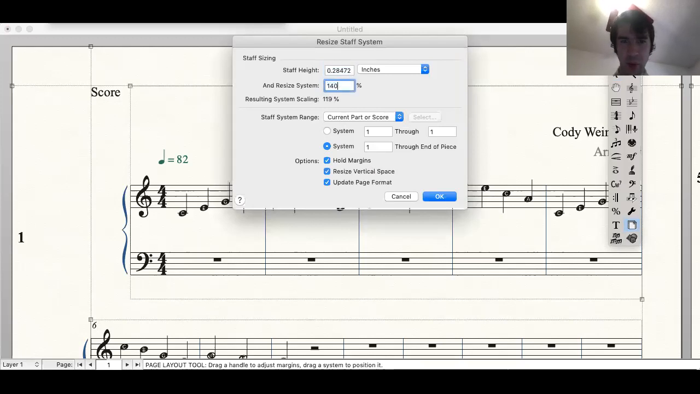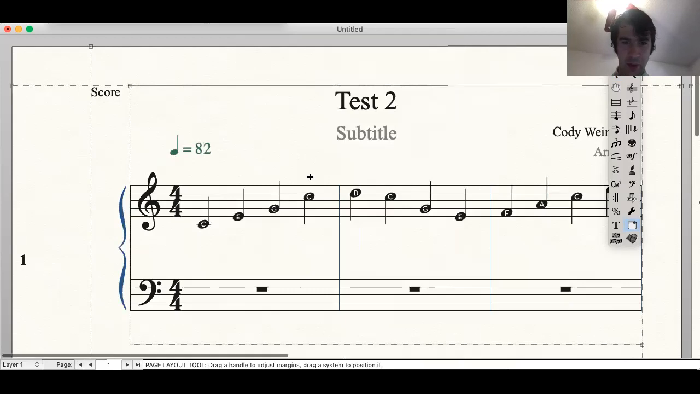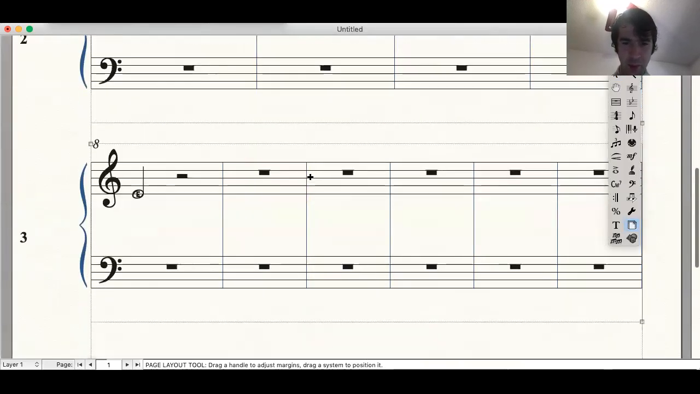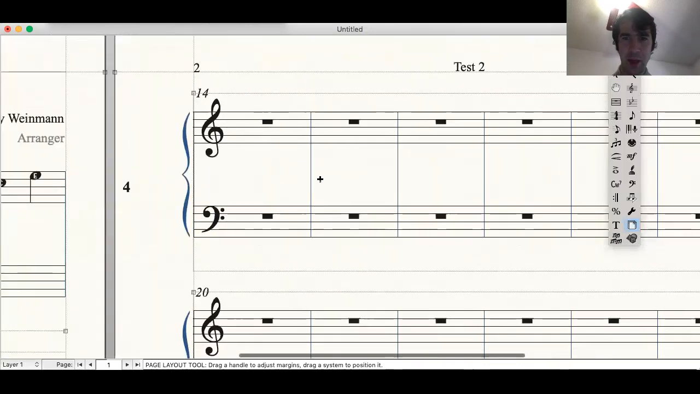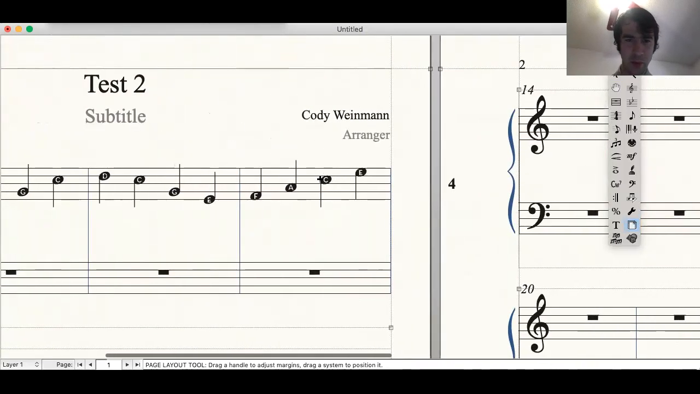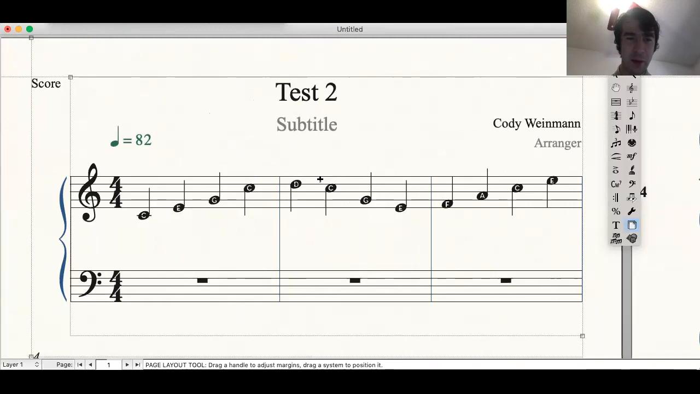Now I'm going to do 140, and it's going to beef up this totally. It's going to give me 3 lines per page, and then you're going to be able to have the students see the alpha notes that are in there. Now, if you wanted to,